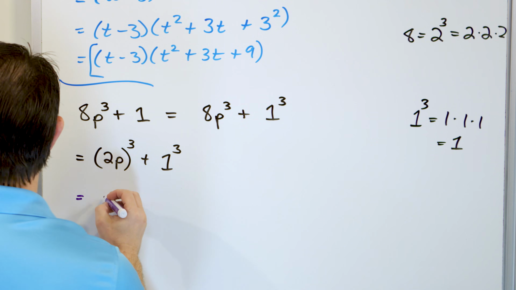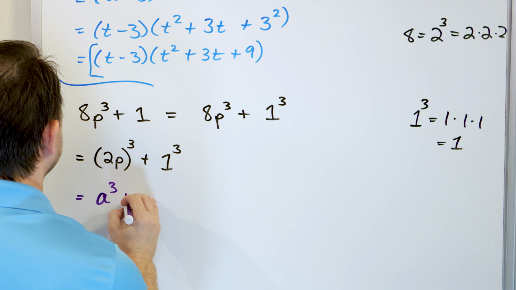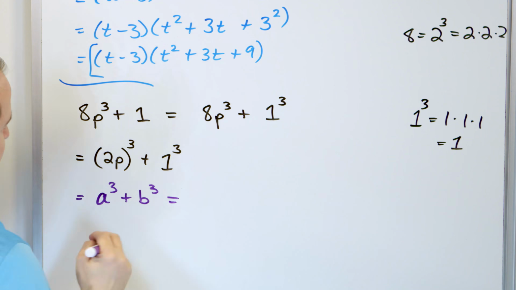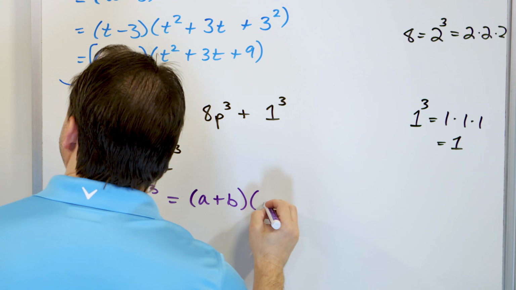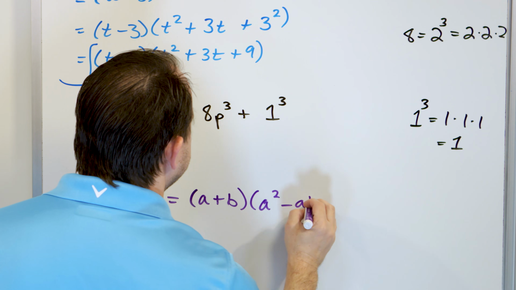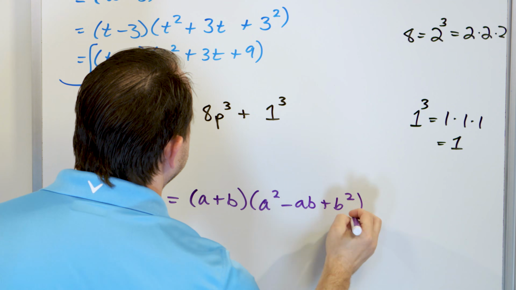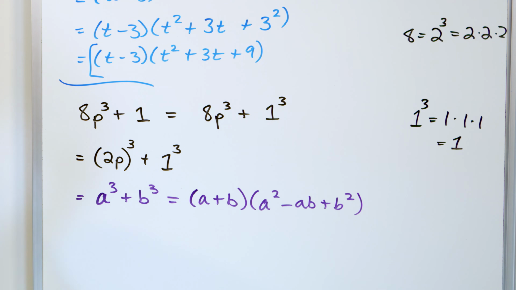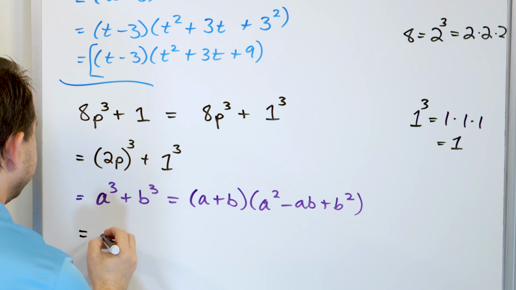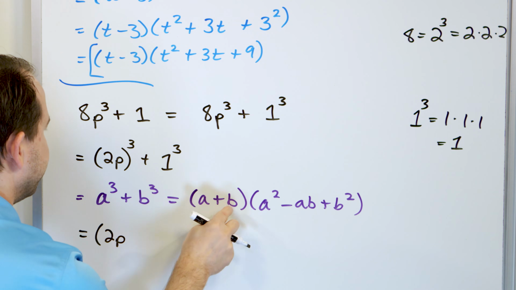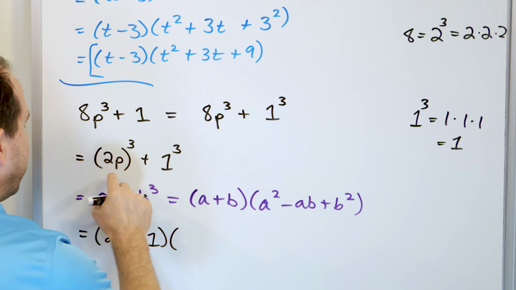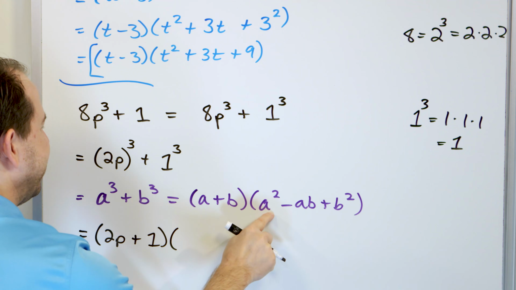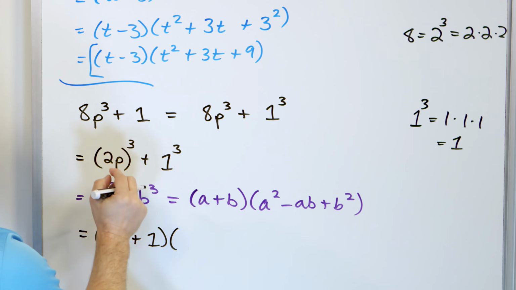So what it's going to be is a cubed plus b cubed. This will help you memorize them a little bit over time as well. So let's just write it down. A plus b, and then a squared minus ab plus b squared, where a and b are given just like this. So then we will just substitute in what we know. A is this, so inside of here it'll be 2p plus b, but just the number 1. And then over here we have a squared, so you've got to be careful, because when we say a squared, it's the quantity 2p,